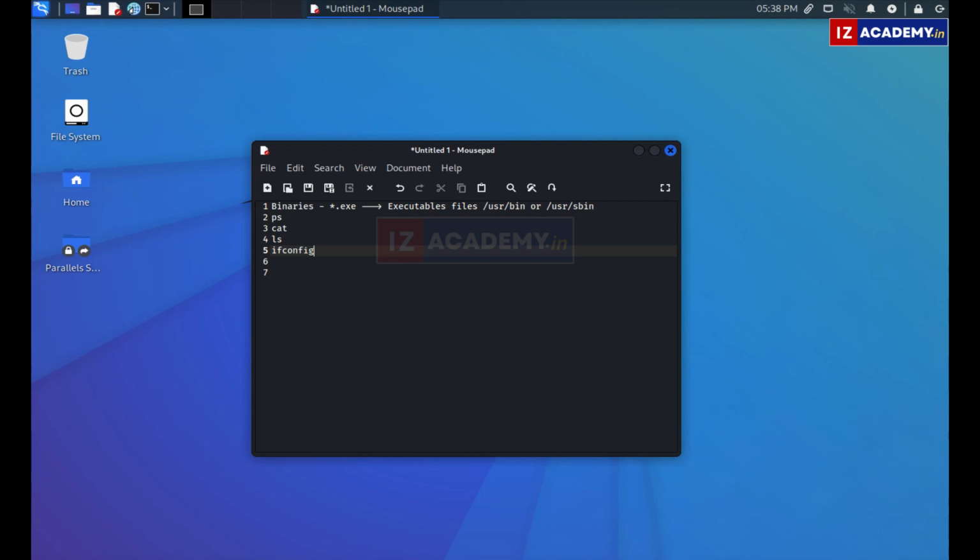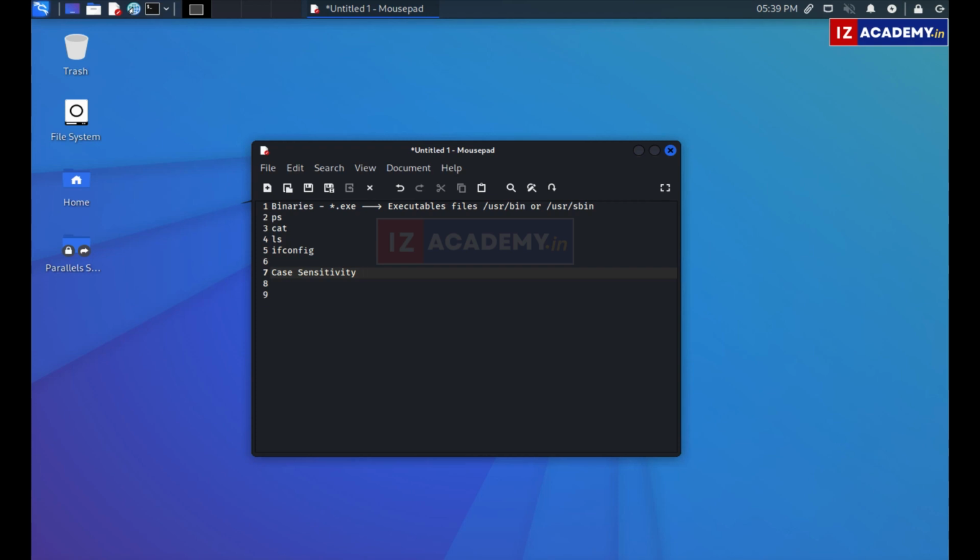So binaries, I'm sure that now you have understood what a binary is, right? And you should also know that in Linux, unlike Windows, we have to worry about case sensitivity.